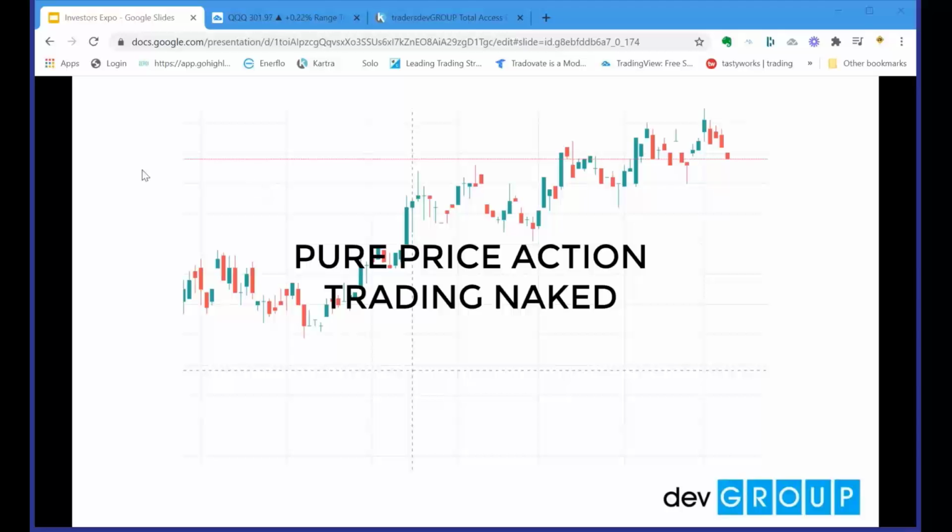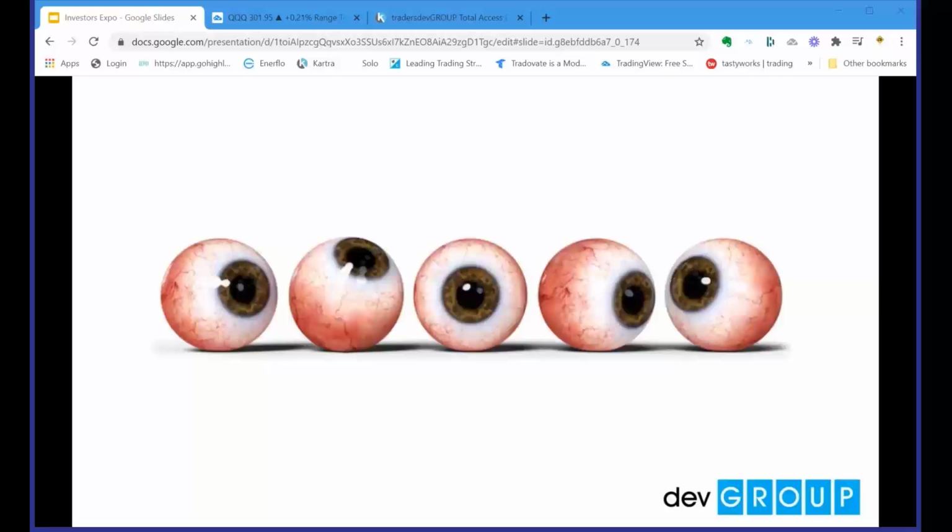But here's what started to happen to me with pure price action. It was too mentally draining on me, right? My eyeballs began to look like that. I couldn't find my way when I would bring up a chart, and I was just constantly drawing occasionally a trend line or a few things, but no real indicators. And I just began to find that I needed something that actually did more of the work for me,